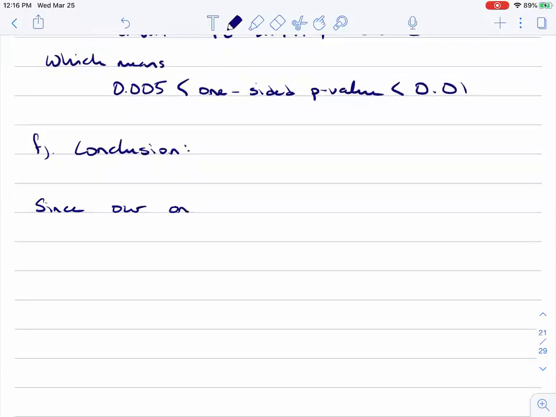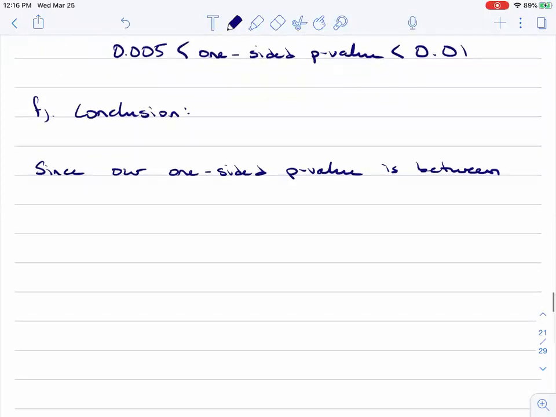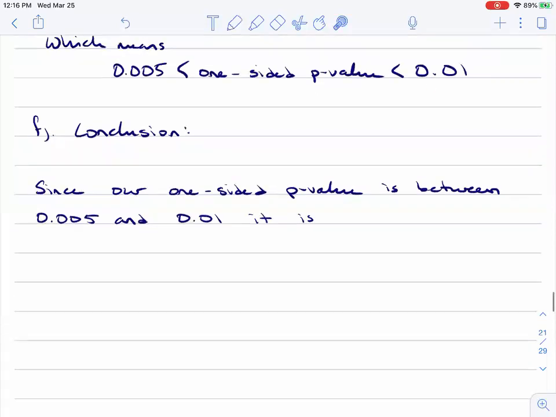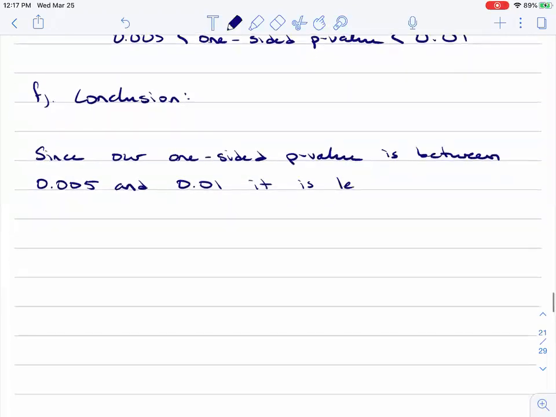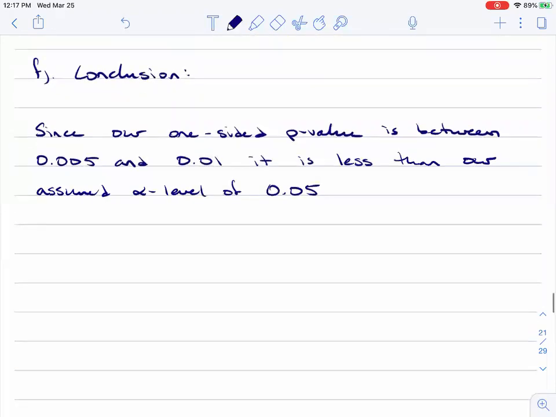So since our one-sided p-value is between 0.005 and 0.01. Both of these, right, are less than 0.05. In fact, we only need to check the upper bound. If it's less than 0.05, then this will definitely be less than 0.05, right? It is less than our assumed alpha level of 0.05,